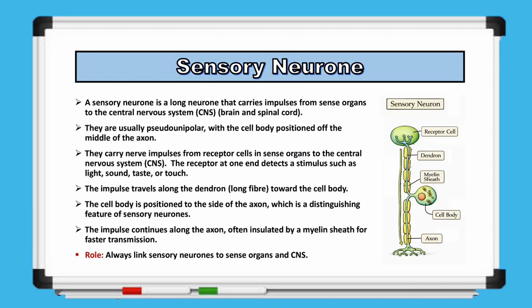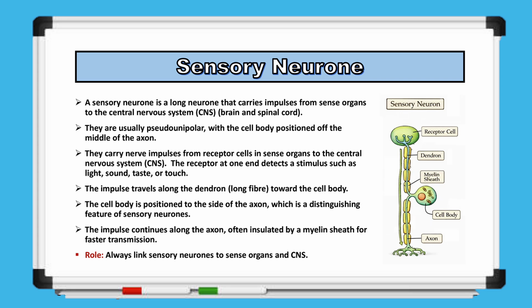Now, we will examine each type of neuron, looking at their structure and function. The first type is the sensory neuron. Sensory neurons are long cells that transmit electrical impulses from sense organs, such as the eyes, ears, skin, tongue, and nose, to the central nervous system, which includes the brain and spinal cord. These impulses allow the brain and spinal cord to detect and interpret information from the environment, enabling the body to